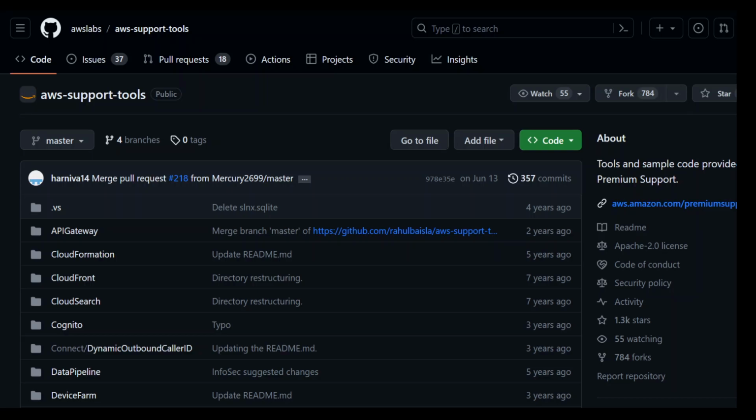I'm a huge fan of AWS Premium support. They are not only very helpful, but also very knowledgeable. And now, very generously, they have open sourced some of the tools or scripts they use in their day to